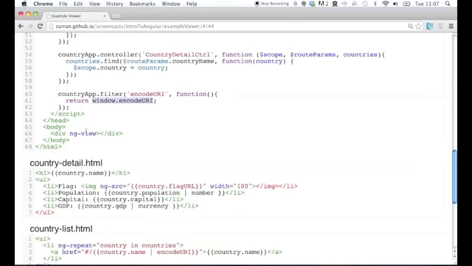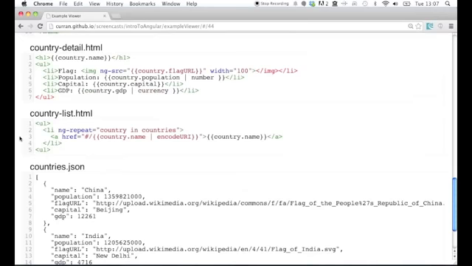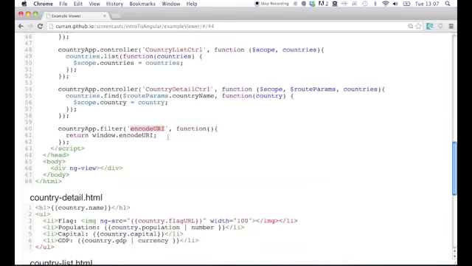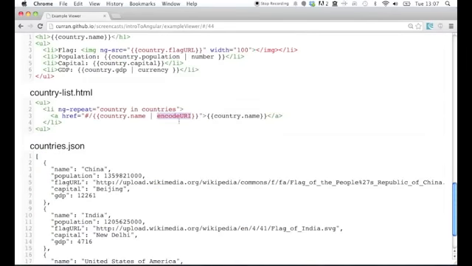So now that I've got that custom filter, called encodeURI, it can be used in the template. So here it is. The a href, the link, is now set to country name pipe, and pipe is the character you use for Angular filters, encodeURI. So this is how you can actually use your own custom filters in Angular. And once you add the filter to your app module, you can use this in any Angular expression, which is